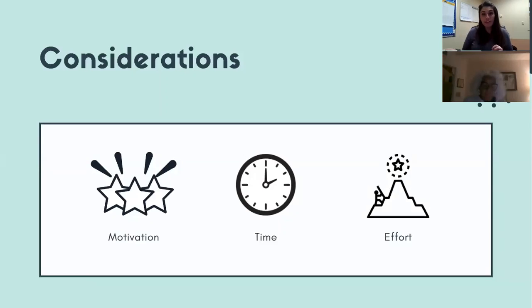An effort level of 6 usually means that they got a 60% or a D on that exam, whereas an effort of an 8 usually means an 80% or a B on the exam, and so on and so forth. So think about this as you are determining how much effort you are willing to put into preparing for your final exams and how you are going to get there.